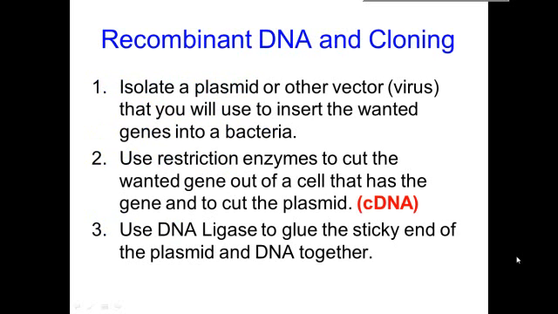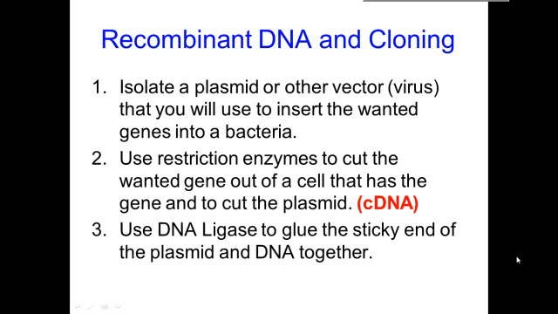So let's talk about recombinant DNA and cloning. Now, we already talked about Dolly the sheep and how they cloned her and some of the issues that they had with that. She was the first mammal that had ever been cloned and the first organism that had telomeres that was ever cloned. So what do we do now? How have we changed in the last 15, 20 years so that what we're doing is different?